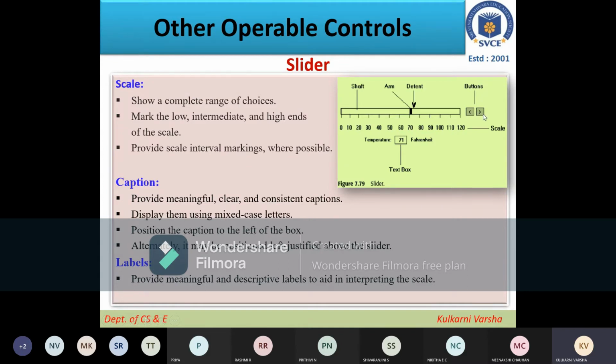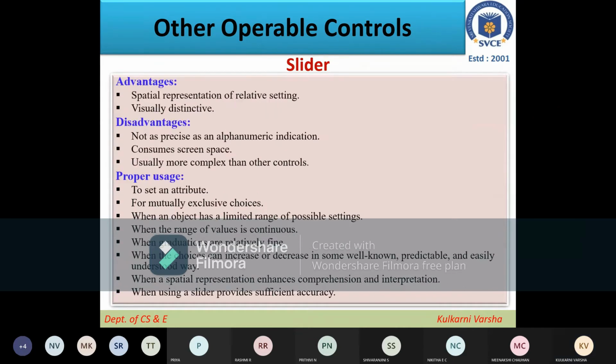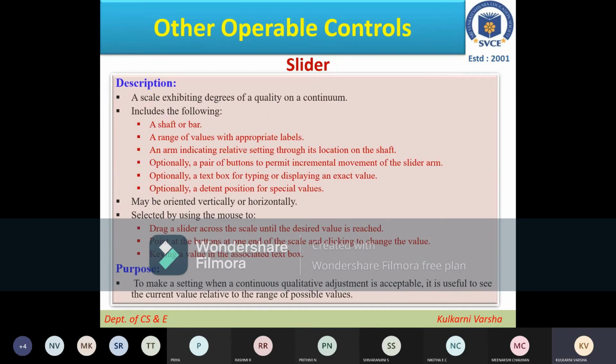So by using these buttons also you can set the scale, and this is actually the scale with all the measurements, right? This is the measurement. So on this scale or on this shaft, we have this arm which will be working for setting the measurements, right? So this is the slider. So now going back to the description,